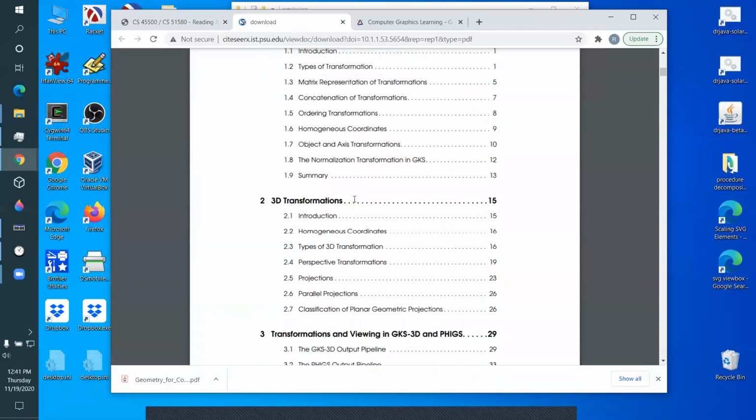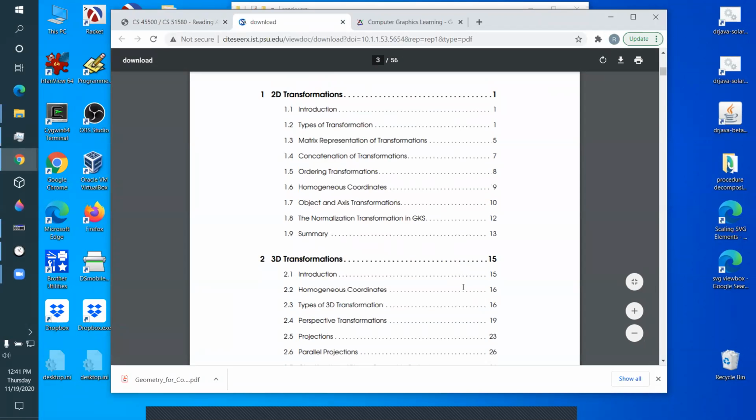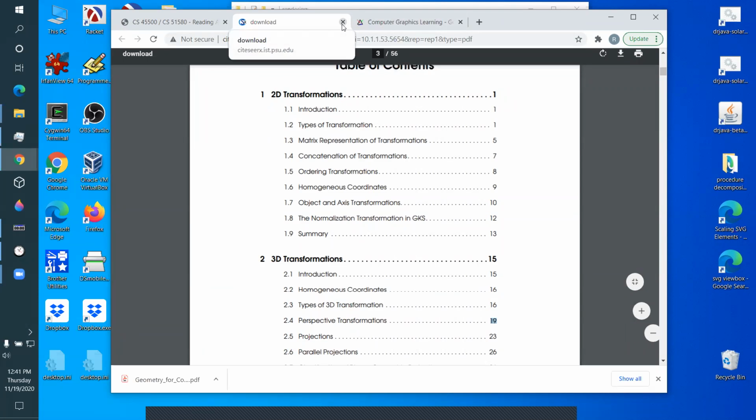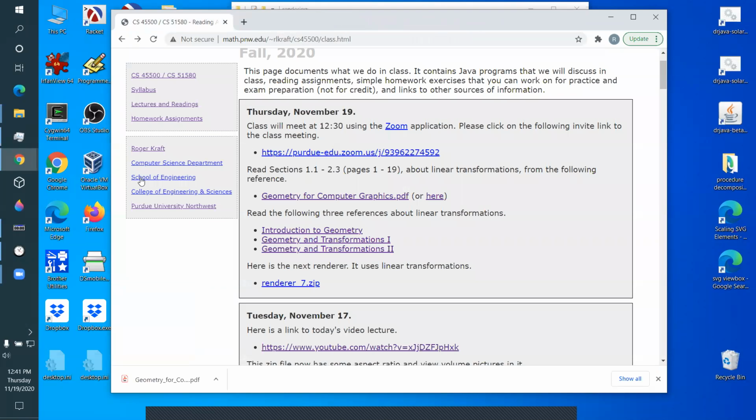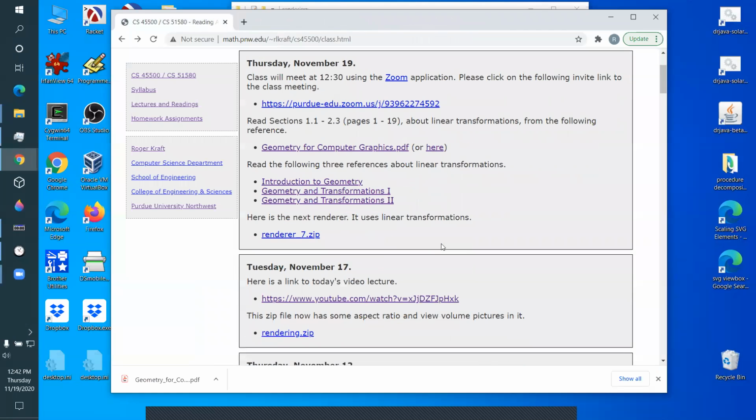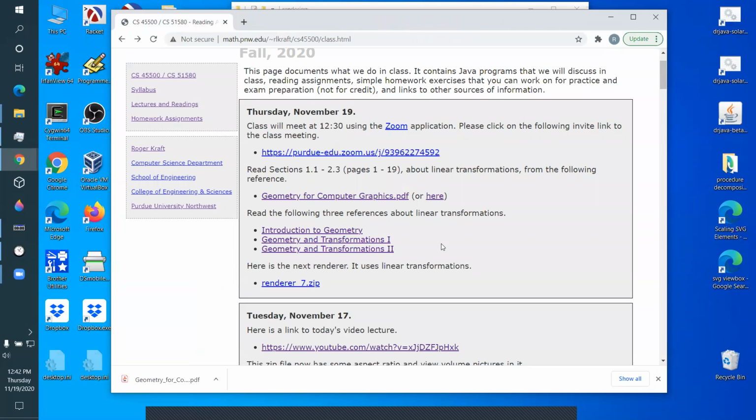But okay, the first 2 chapters, up to page 19, are a really nice explanation of matrices. Okay, so that's what we're going to talk about next week. And again, it's going to allow us to do some pretty fancy things with rotations and transformations. And another thing we're going to be able to do is